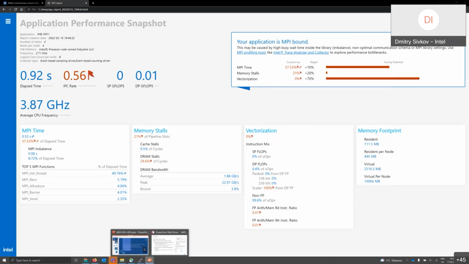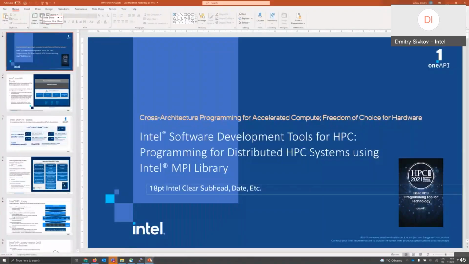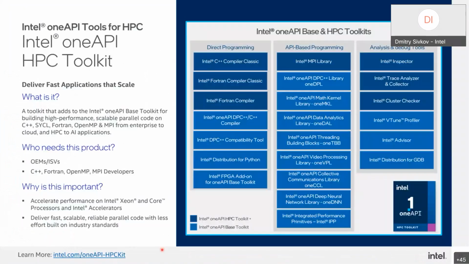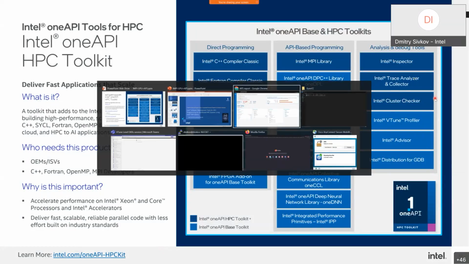Okay, let's return to my slides. So once again, all of this is a part of the oneAPI HPC toolkits. And also in the HPC toolkit, we have Trace Analyzer and Collector, and we have Cluster Checker. And with the HPC toolkit, we have also